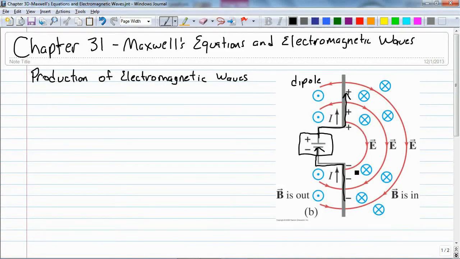And because there's a changing electric field, there's a magnetic field that's growing. But at a certain point, this process stops and the magnetic field goes away, and all you're going to have is an electric field. So here we have charges start to flow,